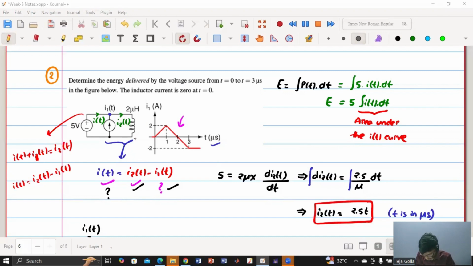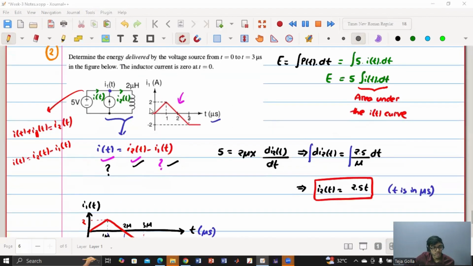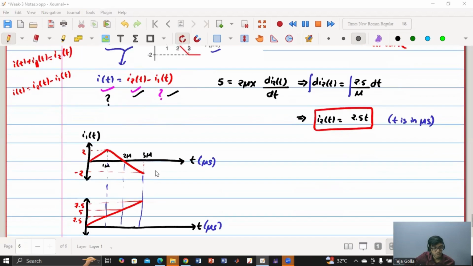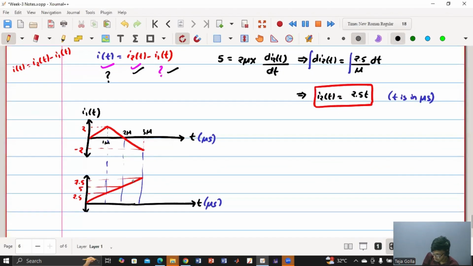Sir, once can you repeat the I1 part, sir? Yes, definitely. So I1, they have already given in the question. At 1 micro it is 2, at 2 micro it is 0, at 3 micro it is minus 2. And for I2 of t, we have seen